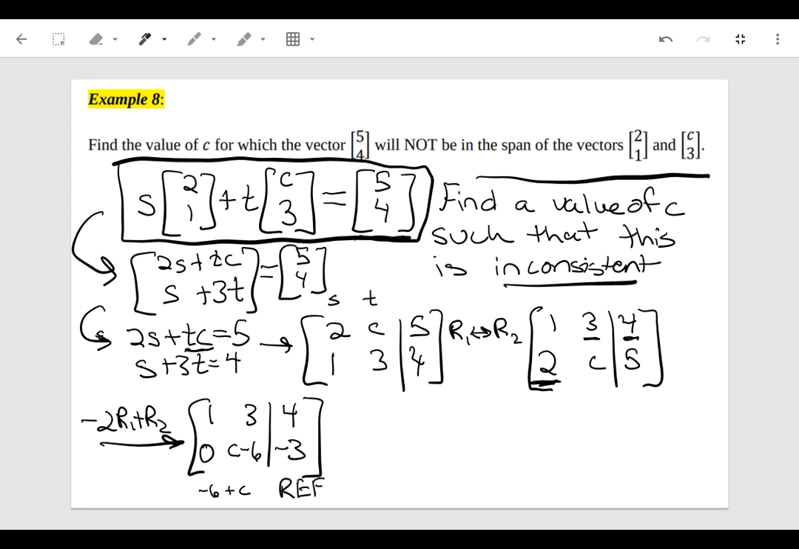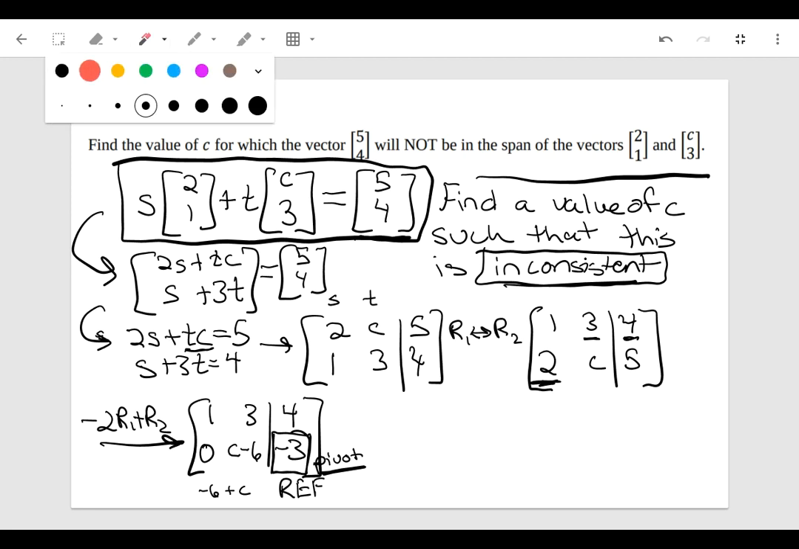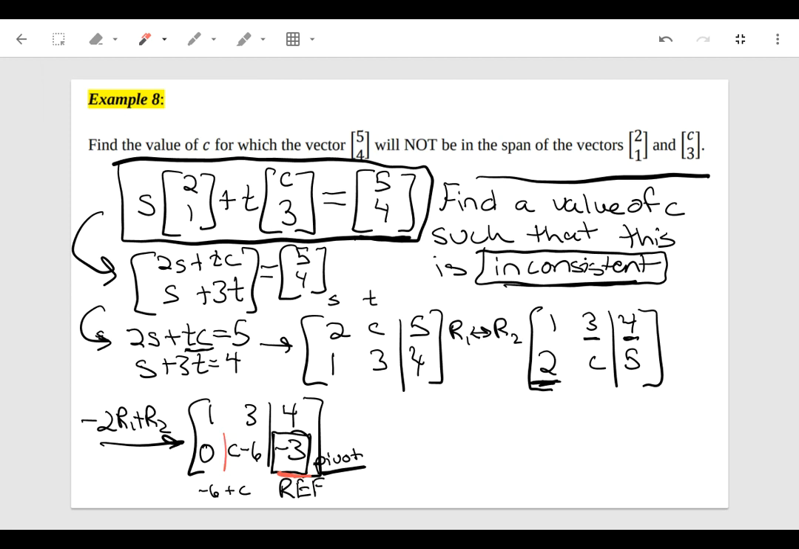So we can start thinking about what this would need to look like if it's inconsistent. Remember, we want to find C so that 5, 4 is not a linear combination. So it's inconsistent when you have a pivot in the constant column over here. We would want this guy right here to be a pivot. And remember that the definition of a pivot is the first non-zero entry in each row. So that means if we want this guy to be the first non-zero entry, this would have to equal 0. So in order for this system to be inconsistent, C minus 6 would have to equal 0, and so C